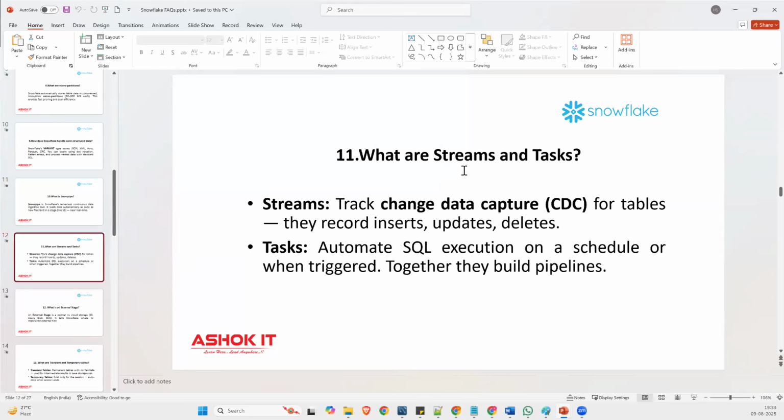And it has a feature like streams. Whenever you create a stream on your source data, for example, transactional data, and you store all the transaction data into your historical data, over a period of time there are some changes. You update your account, your address, your phone number. So that data has changed, but in the target table it is still not changed. So you would like to capture those changed records. With the help of streams, you can capture those changed records and sync them with your target table.